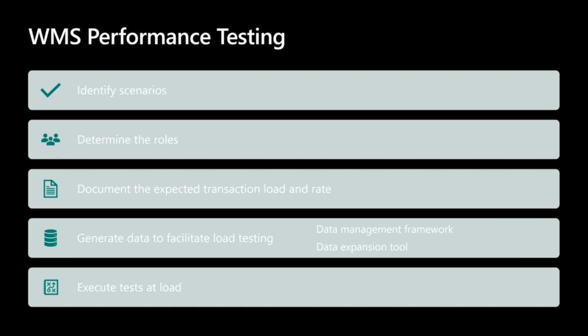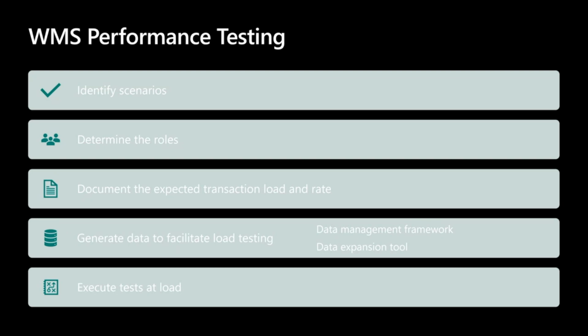And how to set up this performance testing from a warehouse management perspective is basically what we're going to be walking through here next. But what you need to do is identify your scenarios that you want to performance test from a warehousing perspective, determine those user roles within the warehouse, document those expected transactions and load rates. We need to generate our data so that it's available for our users. And there's a couple of different tools available there. A data management framework, which we could use if we wanted to import data, or we also have the data expansion tool within the application itself that would go ahead and let us set up